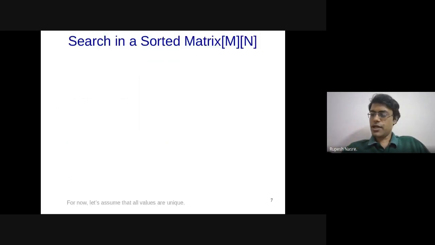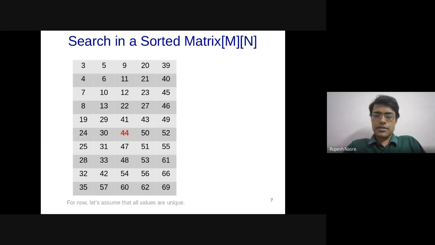Okay, so let's move ahead. So we are given this sorted matrix, left to right, top to bottom, right? And we'll assume that all the values are unique, although that is not too much of a trouble, as we can possibly see later. And an example matrix which must have come to your mind, but I'll just display it anyway, is that the matrix might look like this, where there are values going from left to right and then top to bottom, but all of these are sorted. This is just to get the algorithm correct.